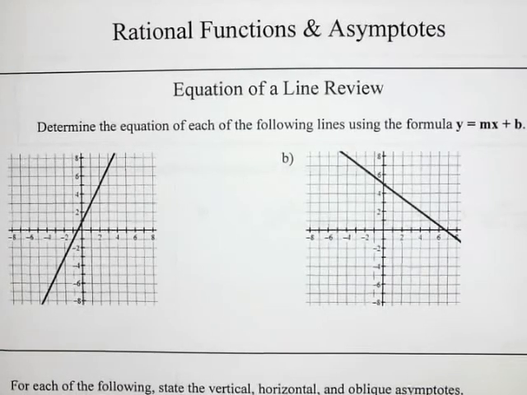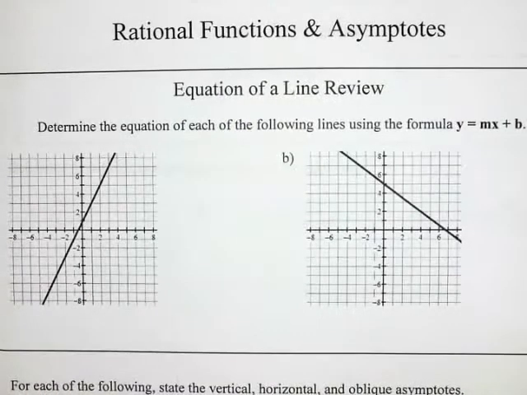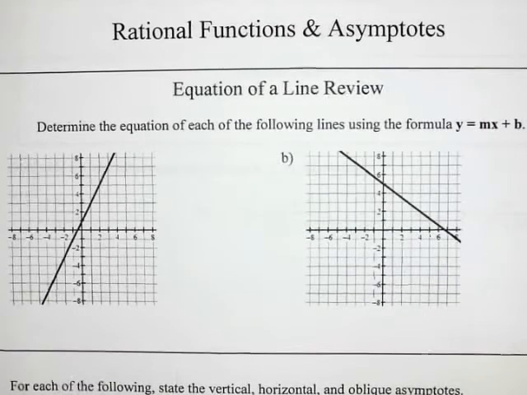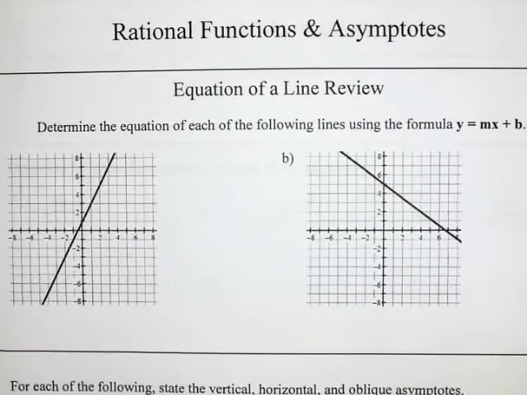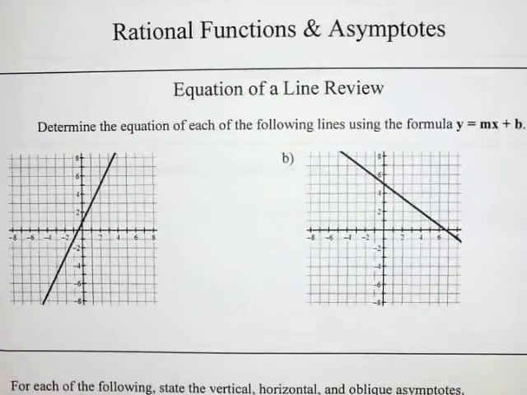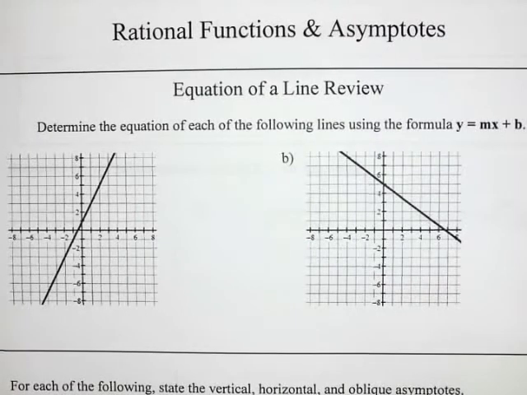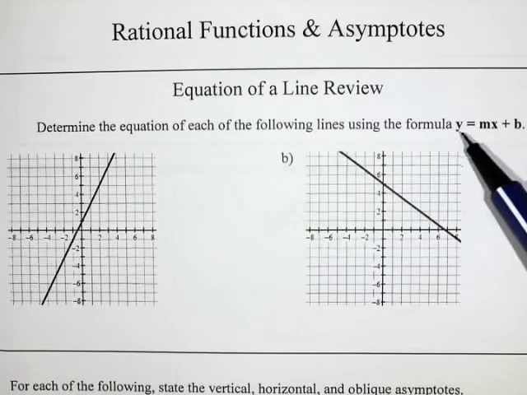This is our lesson on rational functions and asymptotes. Before we jump in and start talking about asymptotes, we're going to review how to do the equation of a line. This is something that we would have learned how to do in grade 9, practiced in grade 10, and then we probably didn't use it very much in grade 11, so our skills might be a little rusty. Our question here says, determine the equation of each of the following lines using the formula y equals